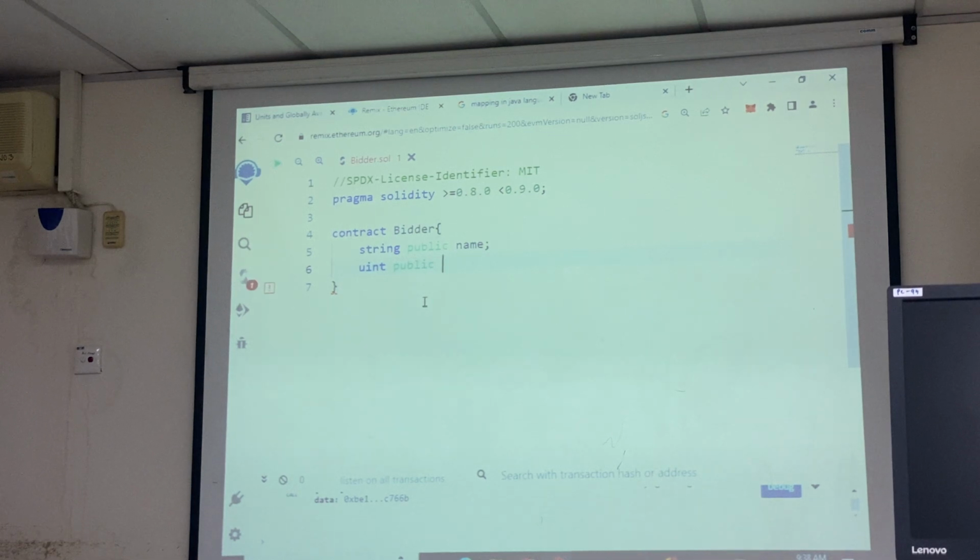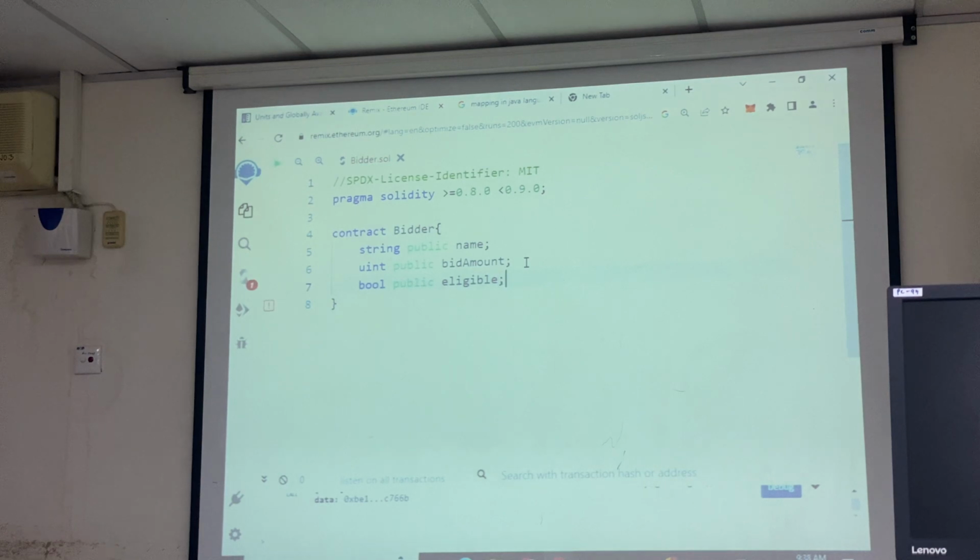Then that is the bid amount. After that we have the boolean, because we want to determine